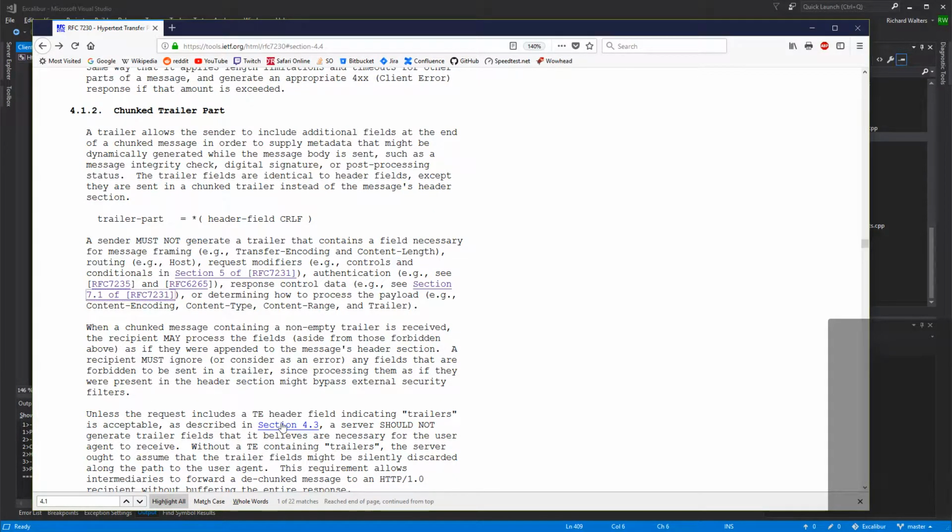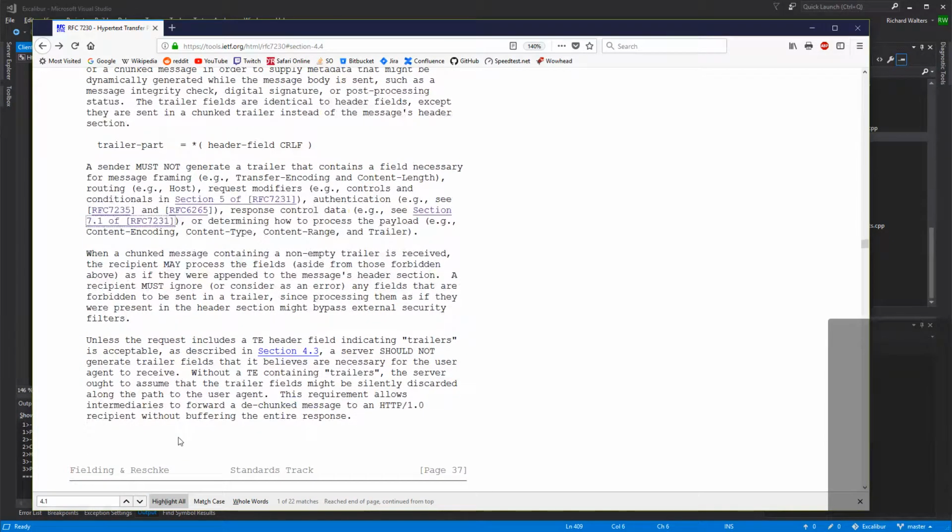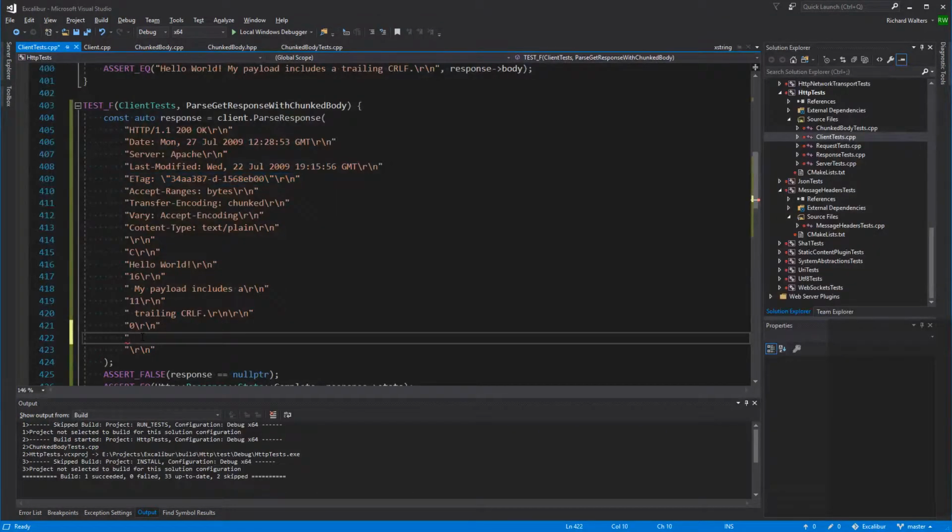Unless the request indicates a TE header field indicating trailers, server should not generate trailer fields it believes are necessary for the user agent to receive. Okay, well let's just add an extra one. So X-Foo-Bar. And